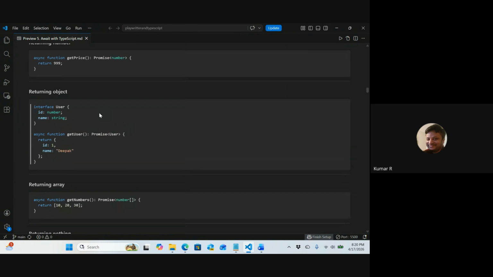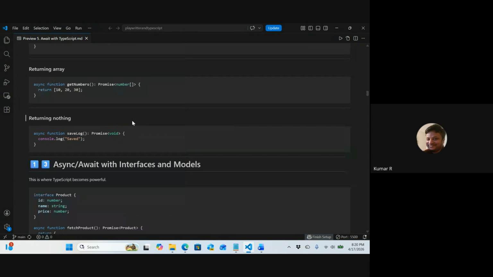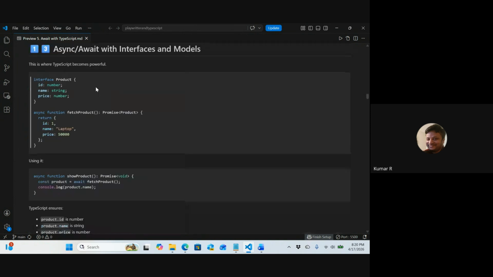Returning object: interface User { id: number; name: string }, async function getUser(): Promise<User> returns { id: 1, name: "Deepak" }. Returning array: async function returns Promise<number[]> with array 10, 20, and 30. Then returning nothing: async function saveLog(): Promise<void> { console.log("saved"); }